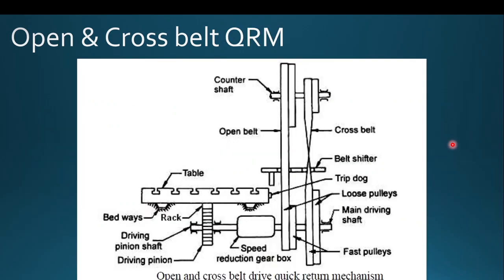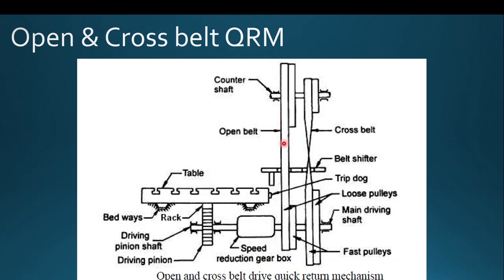See how we are utilizing this concept for our planer driving mechanism. In this planer driving mechanism, our requirement is that we need to move the table fast during the return stroke and slow during the cutting stroke. Considering the power requirement, the cutting stroke requires higher power movement with slower speed. But in the return stroke, we need to move at higher speed with lower power. So this is the requirement in the planer driving mechanism. This open and cross belt drive quick return mechanism serves these two objectives for us.